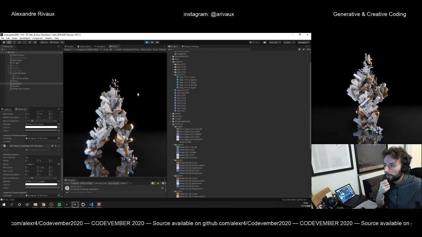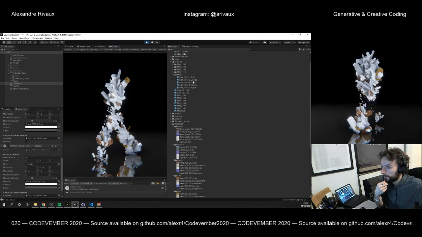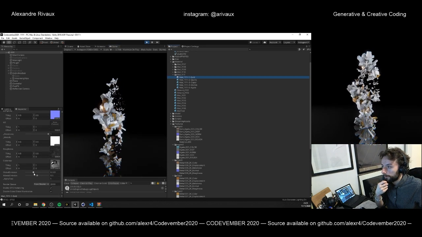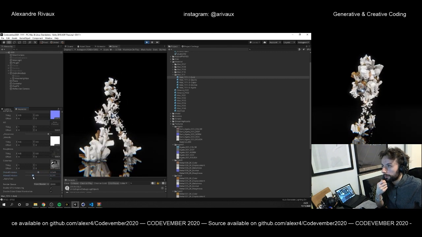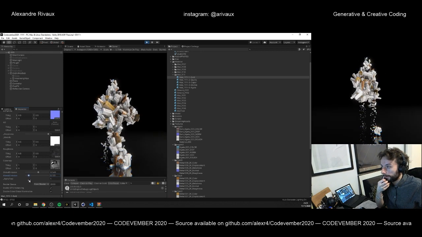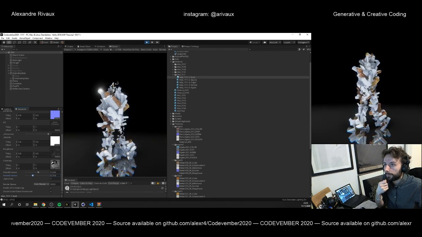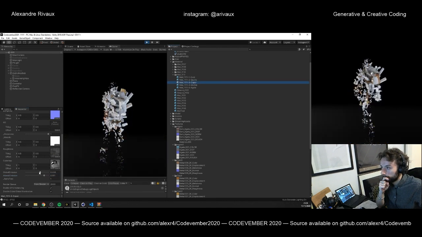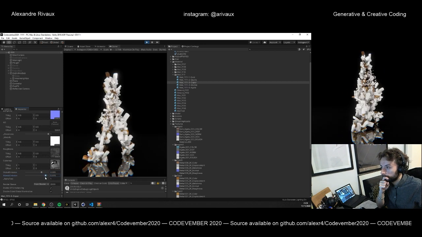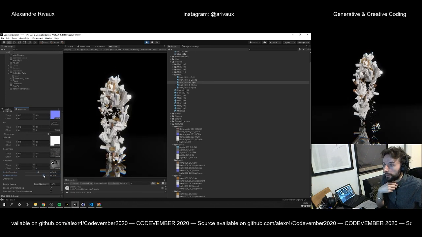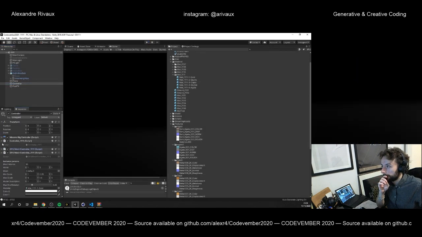Okay. So sometimes we have some gold, sometimes we have some copper. So now we can increase a little bit the emission on the gold and reduce a little bit its. Okay. So this is our base, and now I can copy paste